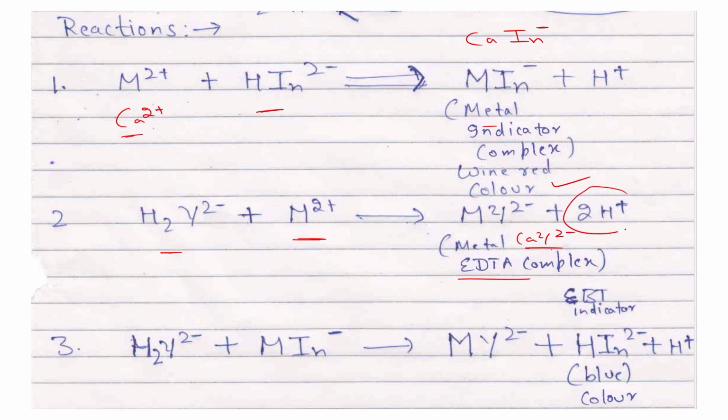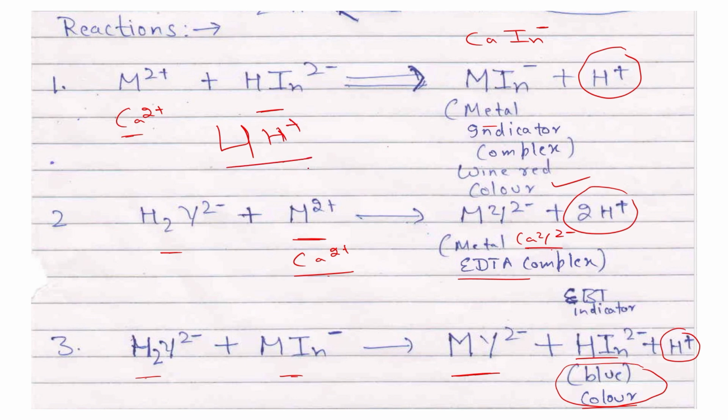Here we can also see that 2H plus have been released. Once all the free calcium ions in the solution have been used by EDTA, it then removes the metal ion from the metal indicator complex that has formed. So it removes the metal from the indicator, and the indicator is released as such, forming the blue color. That is why at the end you have blue color in the titration, and there is 1H plus ion released. Total 4H plus ions are released during the reaction,